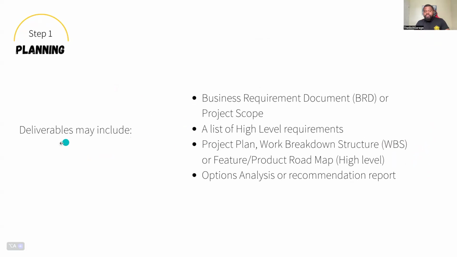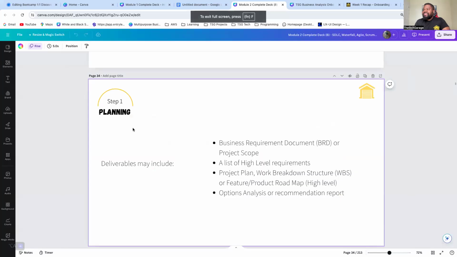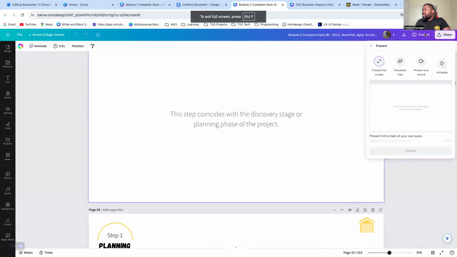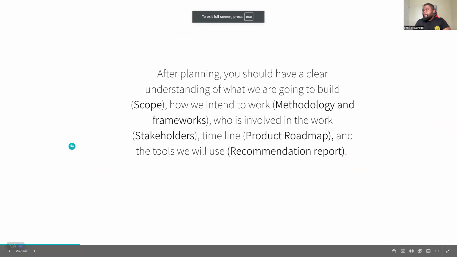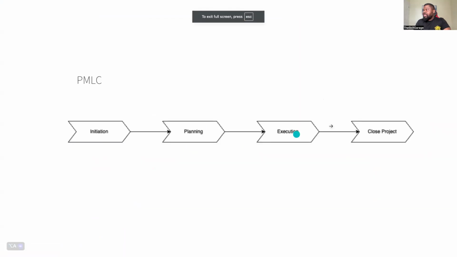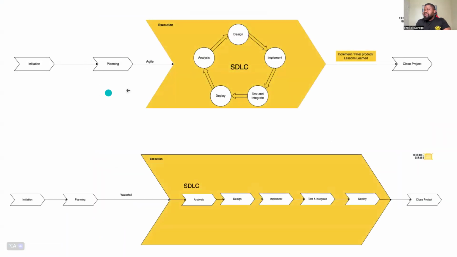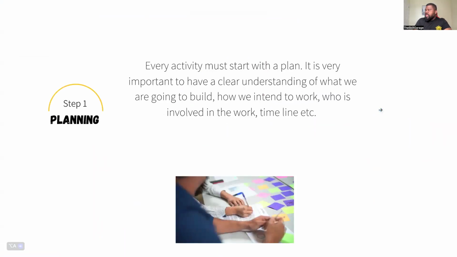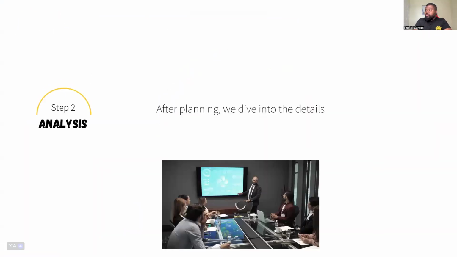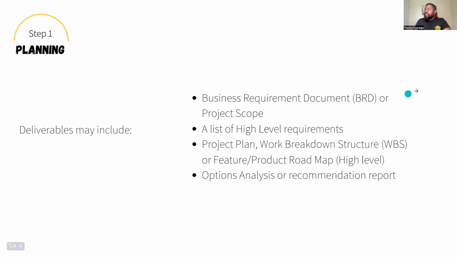Now, this step coincides with the discovery stage or the planning phase of the project. So if I come back here, you see this diagram I showed you, this is the planning we are talking about. Some people include it in the SDLC. So in this planning, what happens? At the end of the planning, we should be able to come up with the project scope,